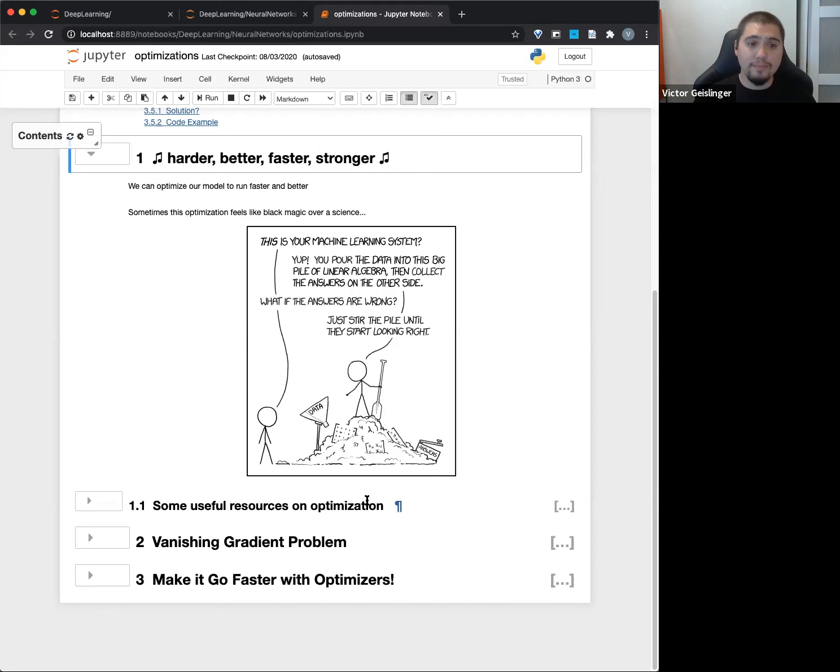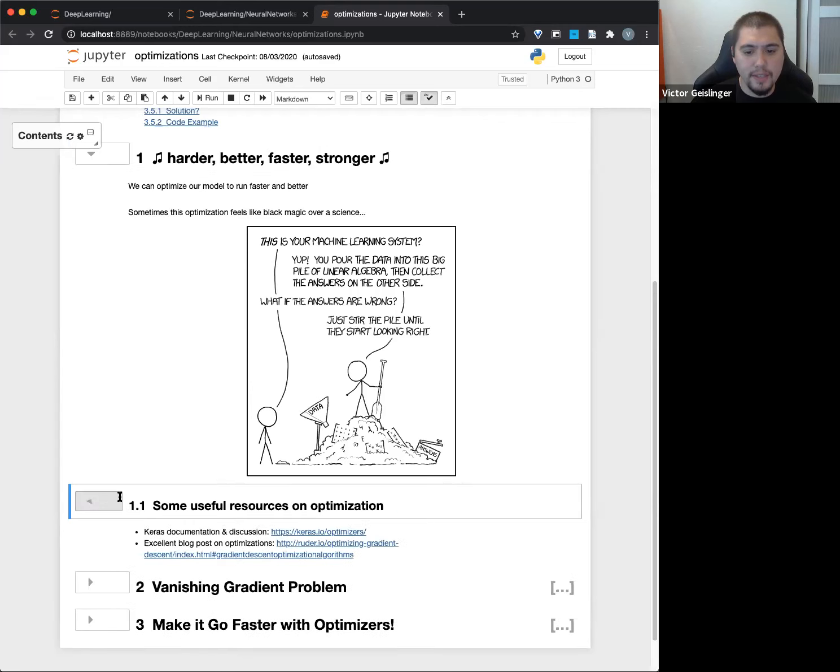Is it going to do that? Not necessarily. So that's kind of the idea of optimization. We can encourage it to converge faster to an answer, to a local minimum, or I should say, hopefully the global minimum, but a minimum of the loss function via gradient descent. Okay. So that's what we're going to do with optimizations.